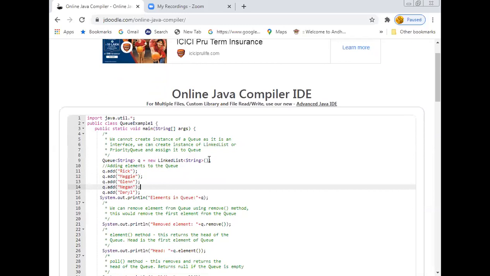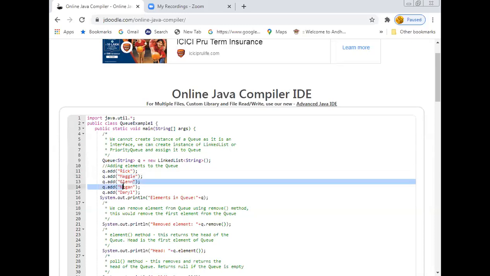But when we are creating using the class LinkedList, what happens internally? Each and every name is stored as a data element of a node, and automatically the first node, head.next, is going to be linked to the second element where the data is Maggie, and Maggie.next, that means the second node.next, is going to be connected to this one. In such a way it is going to be connected.